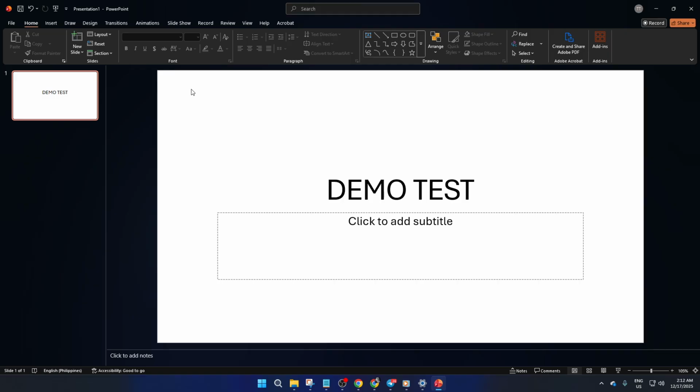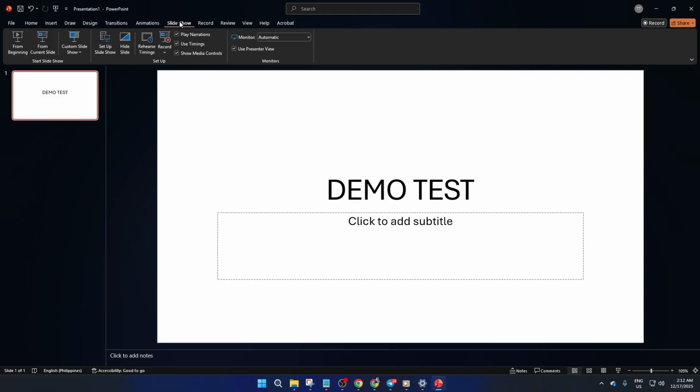Let's dive right in. First, make sure you have your presentation open in PowerPoint and you're looking at the main interface. Now, take a look at the top of your screen. You'll notice a row of tabs running across: the Home tab, Insert, Design, and so on. What we want is the Slideshow tab. Go ahead and click on Slideshow. This is where all of PowerPoint's presentation-specific features are neatly organized. The Slideshow tab is like mission control for anything that happens during a live presentation: transitions, timing, and of course,